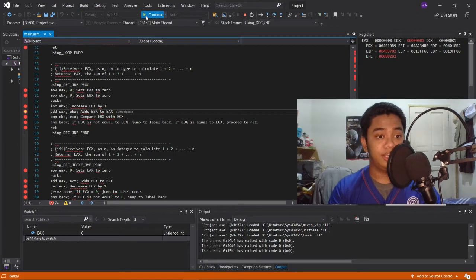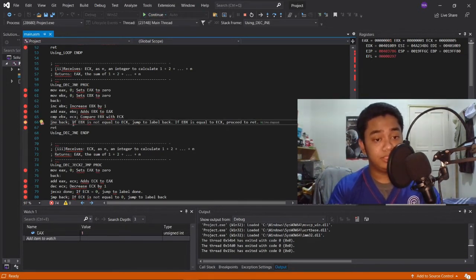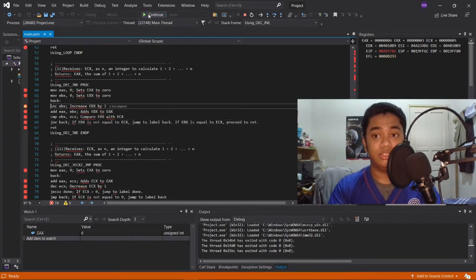And then we add EAX by the value of EBX, which means we add 1 first. And then it will compare EBX, which was increased by 1. As you see on the top right, EBX is now 1. It's not equal to 5 yet. So if it's not equal, as you see, jump if not equal. If EBX is not equal to ECX, it will jump to the label back. If it is equal, it will proceed to return. So we'll repeat. As you see, EBX increases, it adds to EAX, and until 5, it will become F. It compares EBX with ECX,